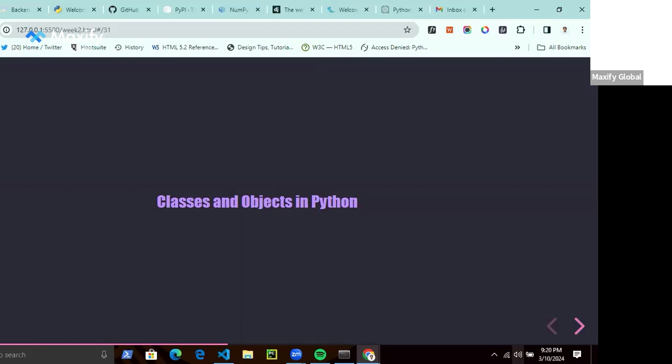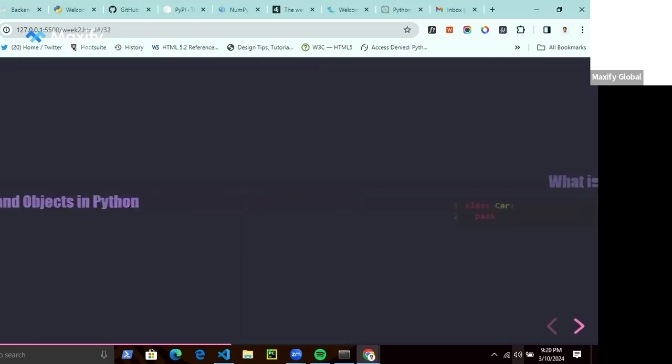So obviously, you may now be asking, how can I create objects in the first place? The answer is simple. All you need is a class. A class is just a blueprint for us to create objects in programming. So we're going to look deeper into classes and objects, and how to create them.